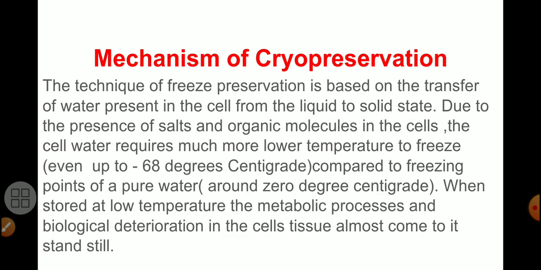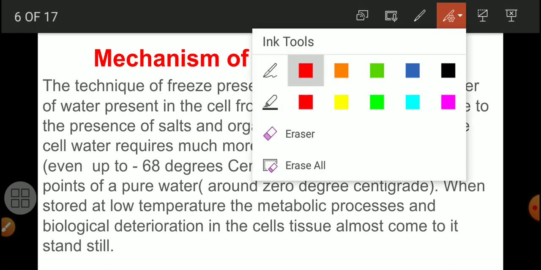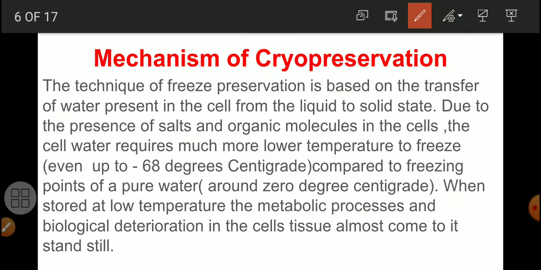My friends, which mechanism is there in this case? I will give you an idea. The technique of freeze preservation is based on the transfer of water present in the cell from liquid to the solid state. In cryopreservation, when we put germplasm or living cells at minus 196 degrees centigrade for zero metabolism, at that time the liquid present in the cell is converted into a solid